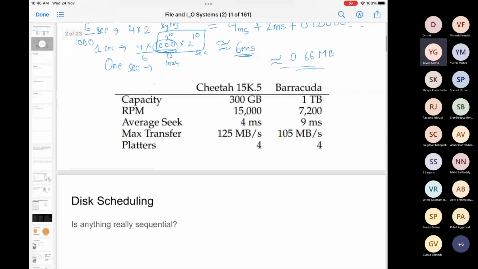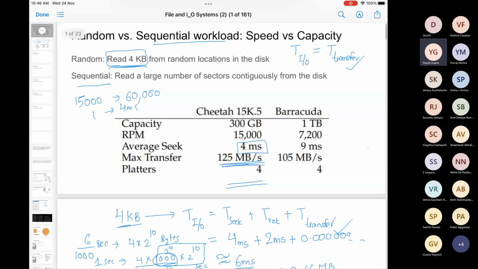Okay, now the question is, can we have these sequential workloads? Although we said that when we are storing the files on our hard disk, we can store the file sequentially, and then whenever I'm reading a very big file, we can always do it sequentially. But do we do it that way is the question. If we have a particular file, let's say a very big 4 GB file, it's the responsibility of the operating system to decide where exactly it will sit in which sectors in your hard disk. So should it be stored sequentially or should it be stored in some other manner? We'll talk about that in a while.